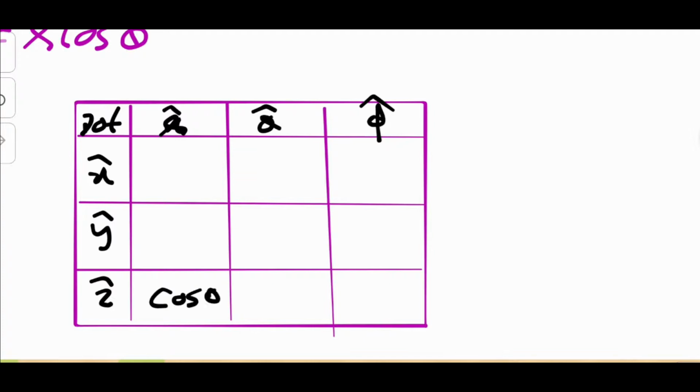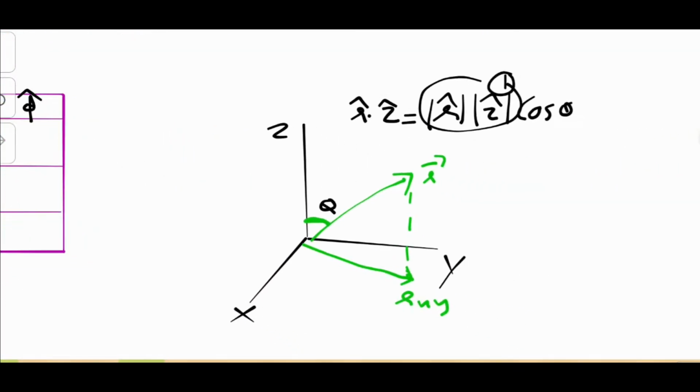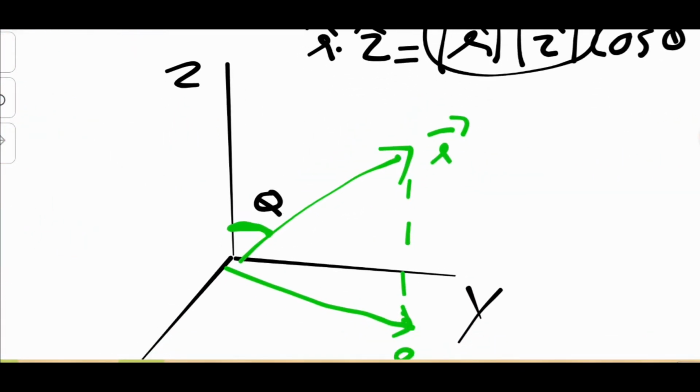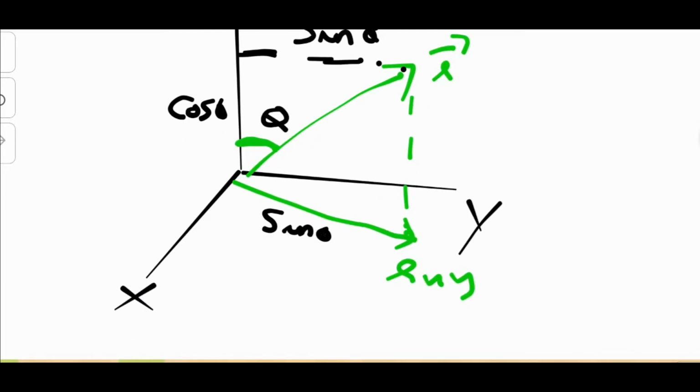Now let's look at r dot x and r dot y. So we have to superimpose our vector onto the xy plane, and you can see that by the trigonometric rule this is cos theta and this is sin theta. Now let's look at the r xy component, which is the bottom component. You can see in the xy plane it will be sin theta, and it will make an angle phi with the x-axis, right? So that's the difference between r xy and x.